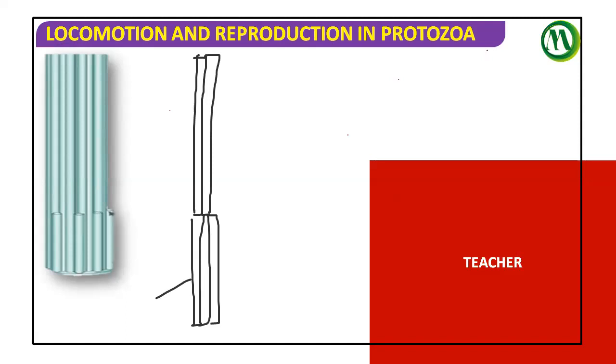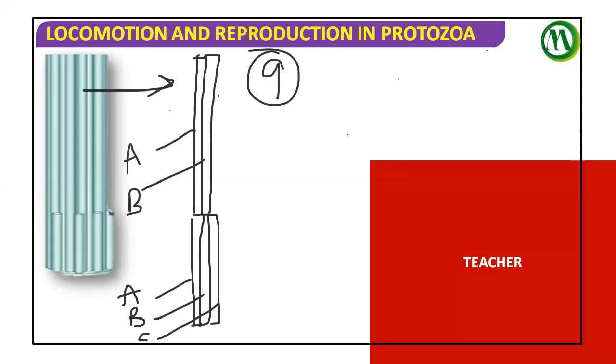There are triplets. One, two, three. We named them A, B, C. Here we named it as A and B. That means if you take the flagellum, we can see doublets at the peripheral side. How many? Nine are present. If you take the basal granule, how many are present? Nine, but we have triplets. So that means the third one, C, is not entering into the particular flagellum.